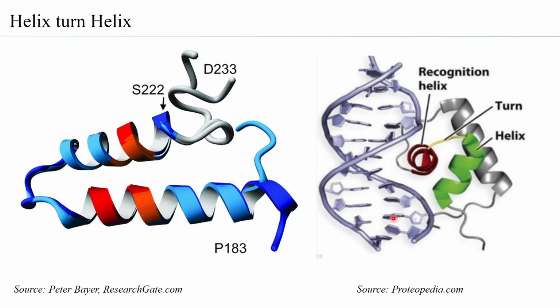Another interesting point to note is that the helix turn helix motif is never present in isolation. It is generally a part of an entire supersecondary structure which contains 3 to 6 alpha helices, sometimes more. All these alpha helices, when they come together, form a core, and that core is hydrophobic. Because it is hydrophobic, it enables the recognition helix to interact with the nucleobases, which are present more within the DNA in a hydrophobic environment.